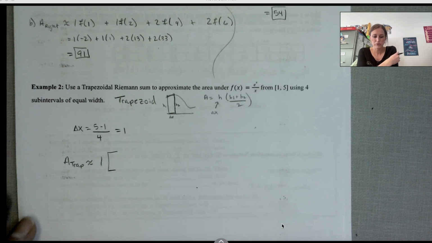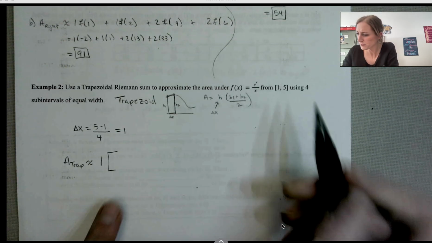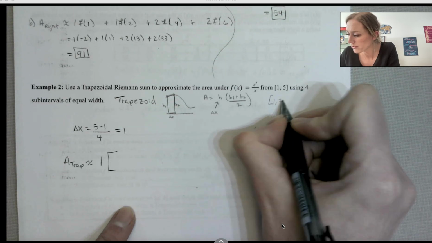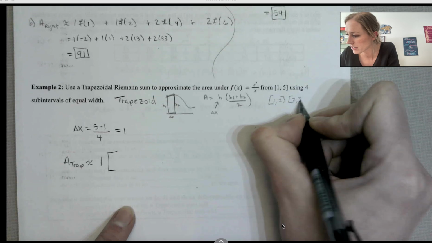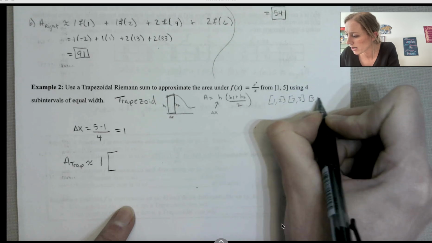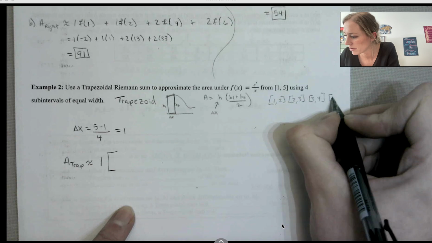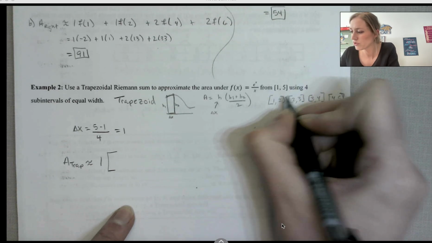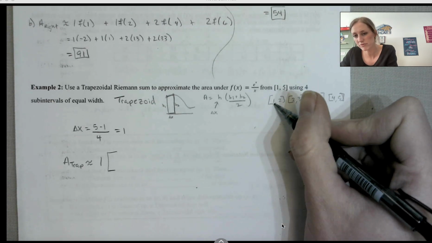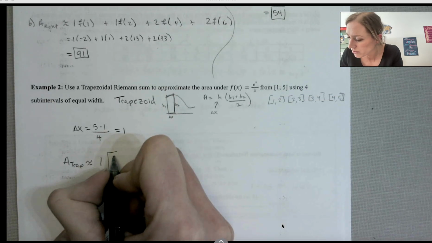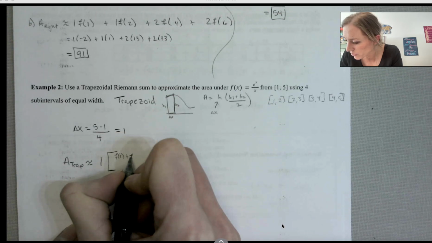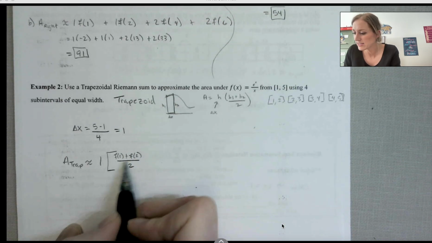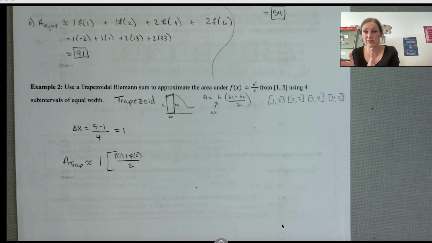Okay, so how do I get this? Well, my intervals, you guys, because delta x is 1, my intervals are from 1 to 2, 2 to 3, 3 to 4, and 4 to 5. So these are my x1, x2. So my base 1, base 2 is f of 1 and f of 2. So to find this, we're going to do f of 1 plus f of 2 divided by 2. So that is this part, and then times the height is going to give me the area of that first